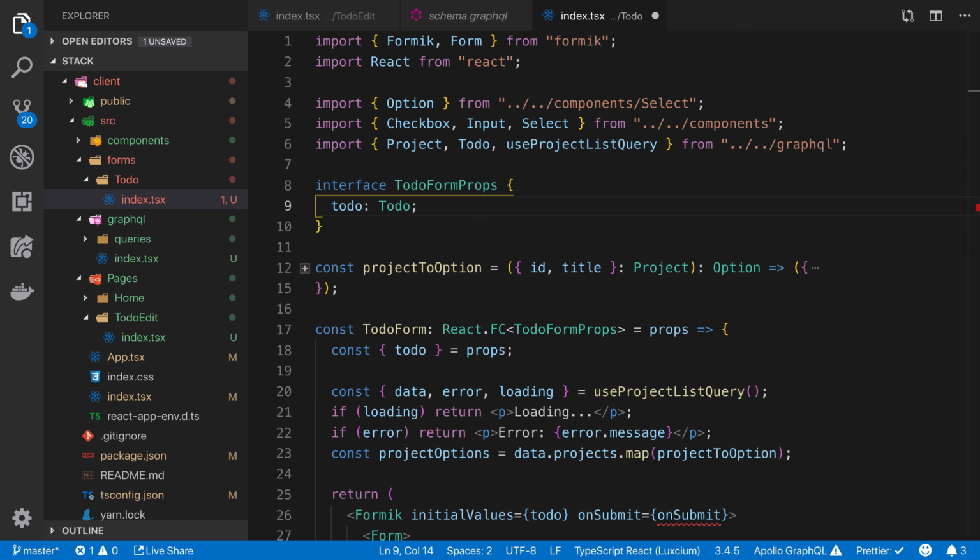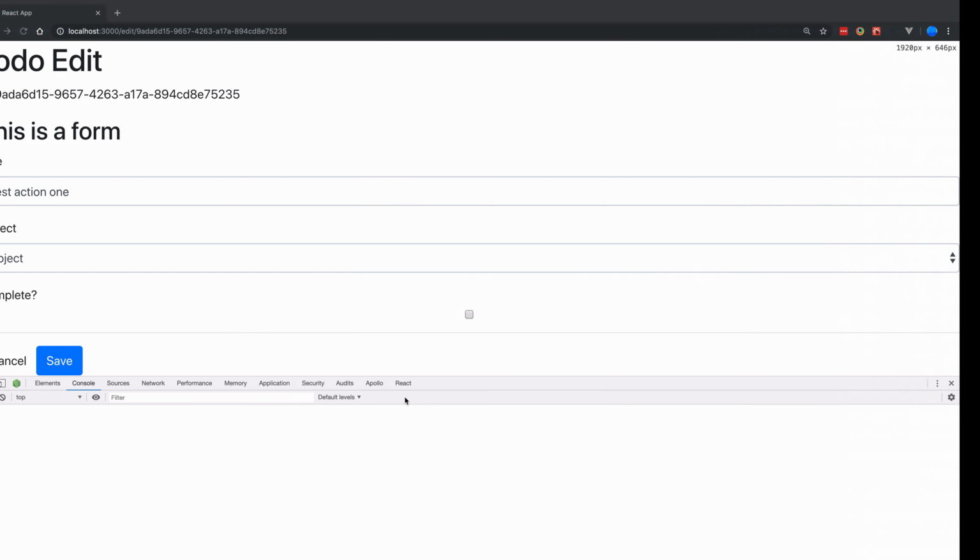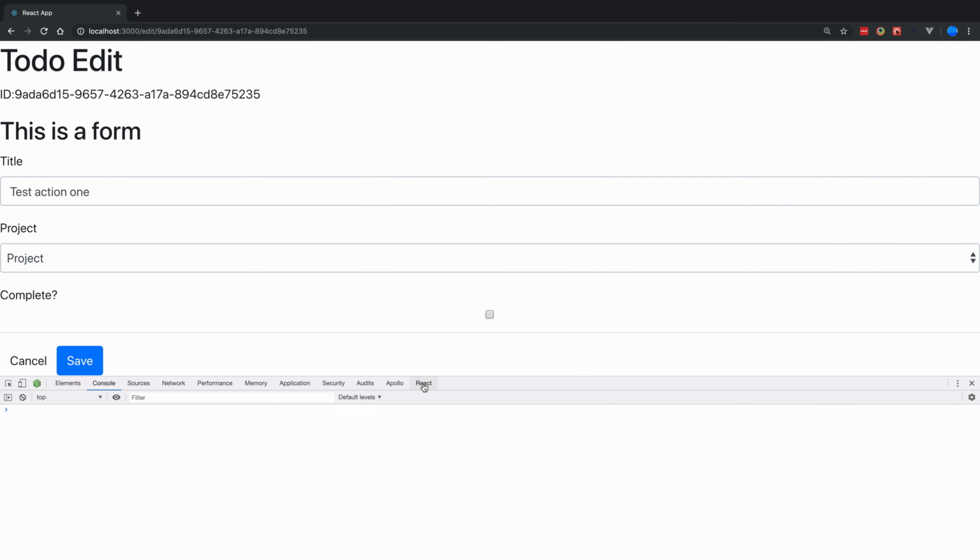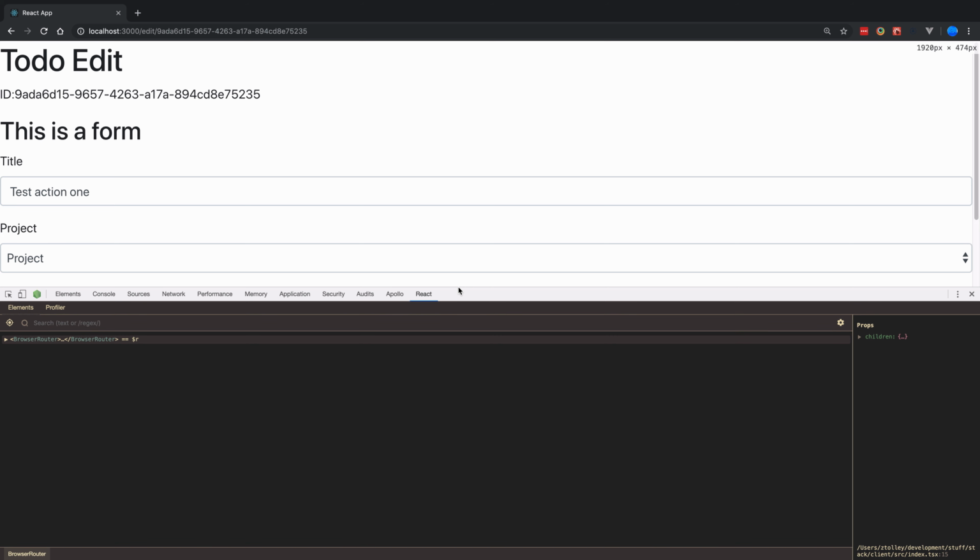So we want to save the data from the form. But there's one quick gotcha I want to talk about before we actually go and do that. When the data comes down and gets put into the form, there's a hidden field that Apollo brings down as well and populates in that object, which is __typename. That helps it in caching things, and it helps it know kind of what types of things it's dealing with. But on the downside, it gives us a bit of a problem in the fact that when we go and save something, we actually tend to use a different type, or at least I know that the auto-generated code here definitely does use a different type. And it's also not expecting that